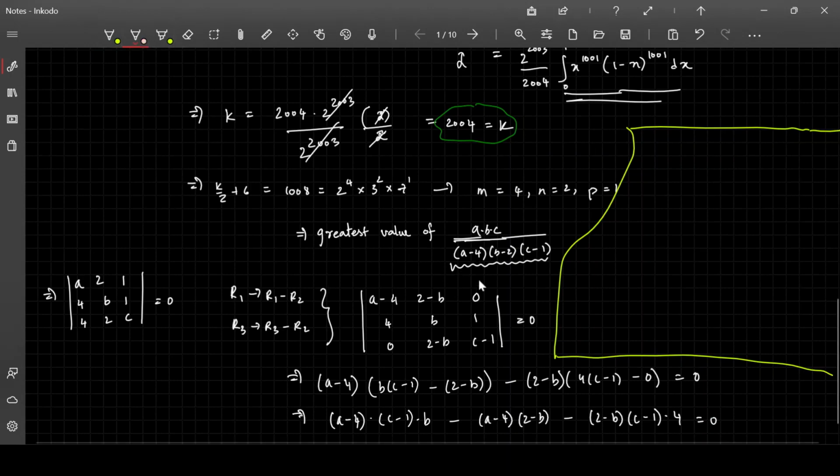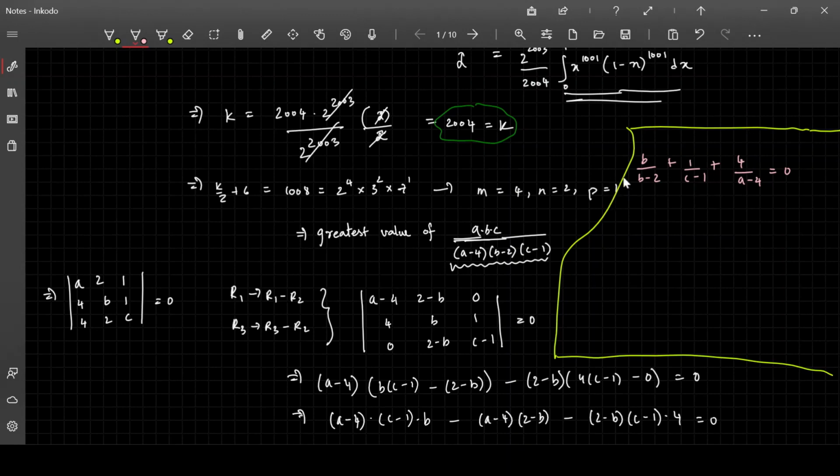So when we divide that by a minus 4, b minus 2 and c minus 1, we get b by b minus 2, fine, minus a minus 4, we'll be left with a negative sign here when we divide with that, and negative positive, so positive divided by 1 by c minus 1. In this third part also we'll be left with one negative and negative of negative, that is positive. So positive, b minus 2 gets cancelled, c minus 1 gets cancelled, and we'll be left with 4 by a minus 4 is equal to 0. Fine. This is what we are left with.